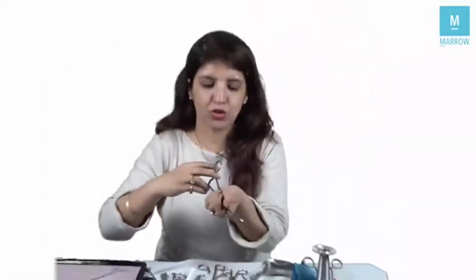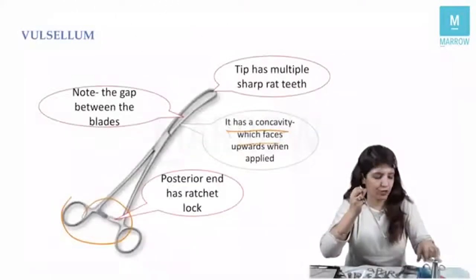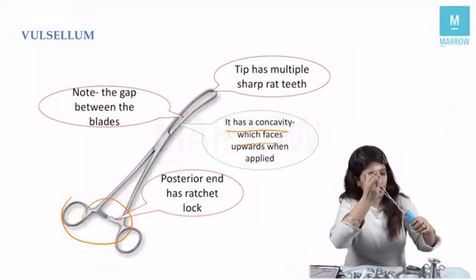Then on opening at the tip, you see 4 to 5 rat teeth. Clear? Now, with this instrument, with the concavity upwards, I'm going to hold the